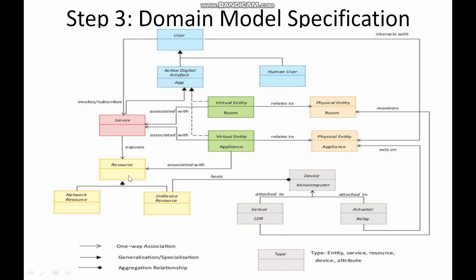So that covers your resources, which can be your OS along with your application software, and the network resource can be your communication protocols and the APIs which you want to use, and this will be offered as service. So this is the service which will be used by the user in order to control the whole system.